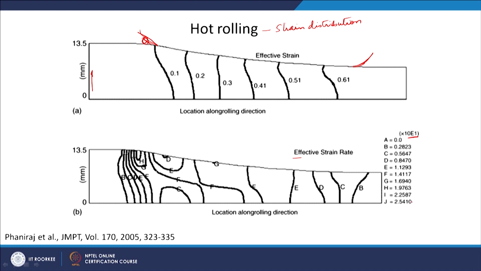So, that kind of strain rate can be introduced during the deformation process. The maximum strain in this particular case is around 0.61, and the maximum strain rate, if I can show you here, is somewhere, let us say I is somewhere, or maybe H is somewhere here. This is H, that means the strain rate must be maximum around here. And this combination of temperature, strain and strain rate is going to bring out the change in the microstructure.